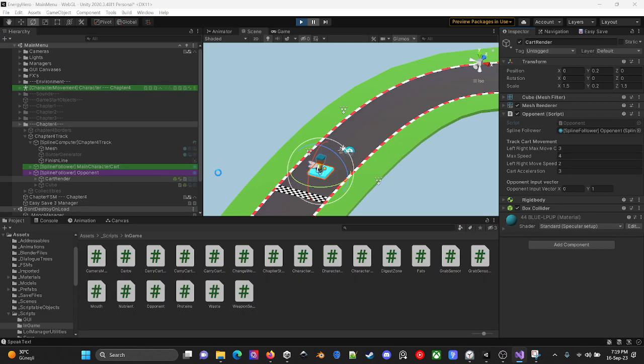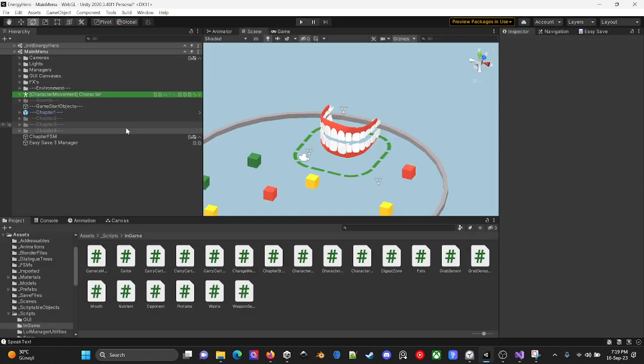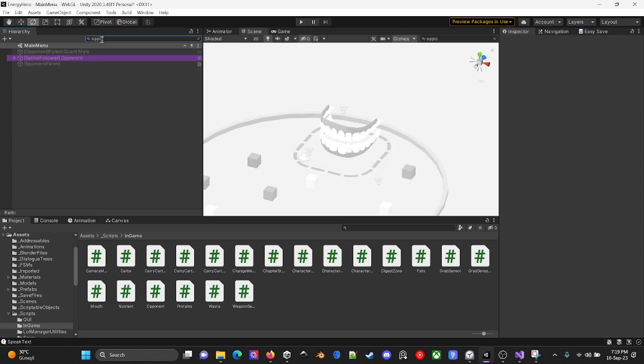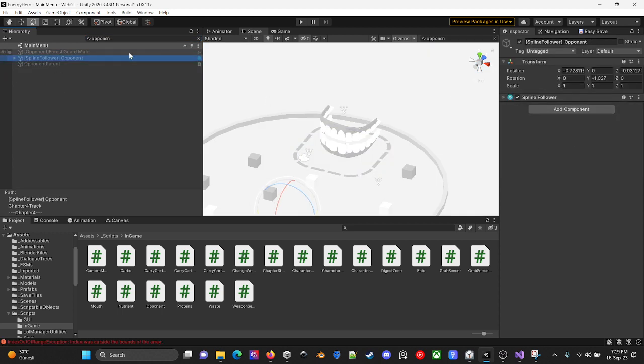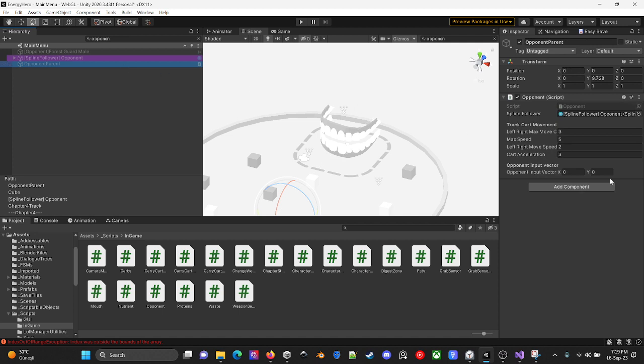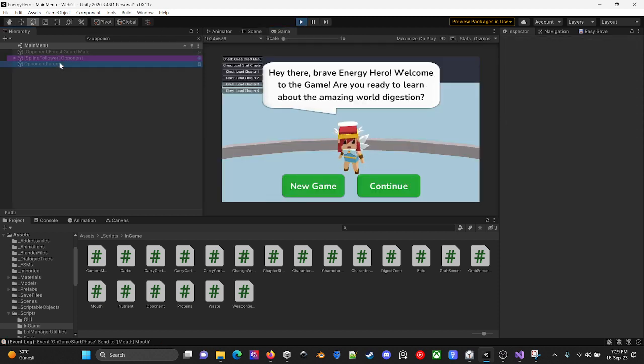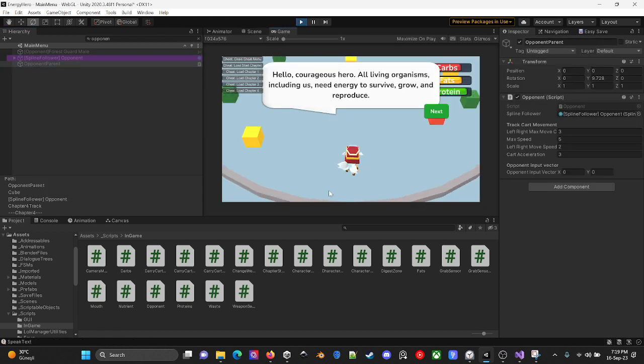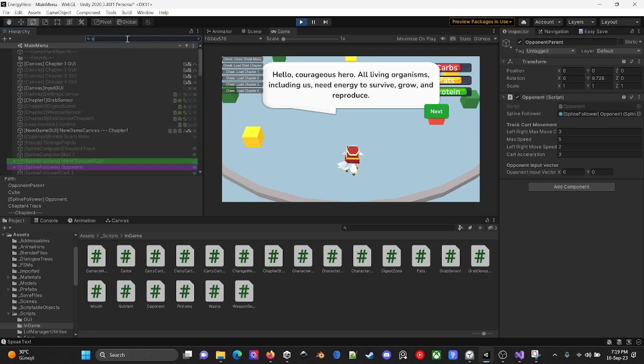Okay, what is the opponent input vector? This is the opponent input vector, but why is it 1? Opponent input vector, why are you 1? It's currently 0, but when I press new game,